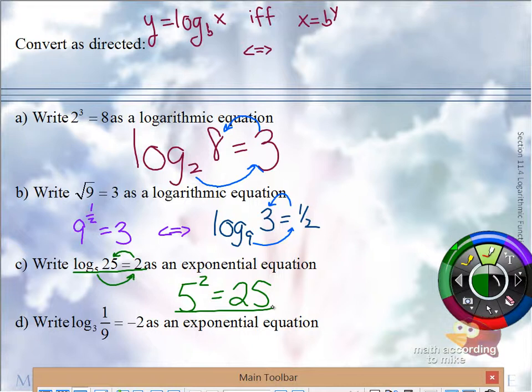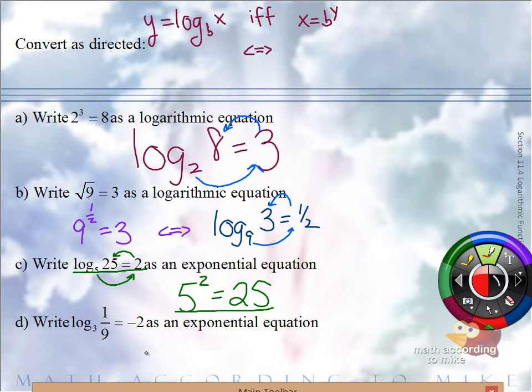D, what's the base of the log? What's the base of the exponent going to be? The base of the log is always the base of the exponent. The base of the log is, the base of the exponent is,